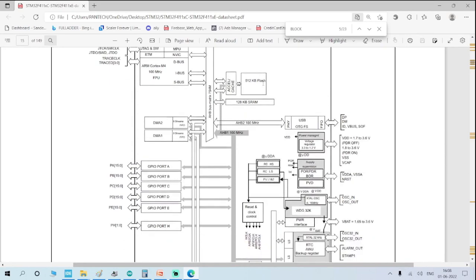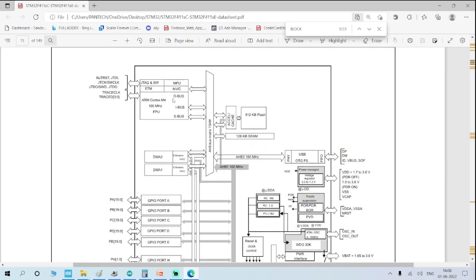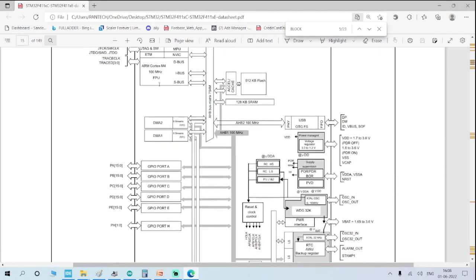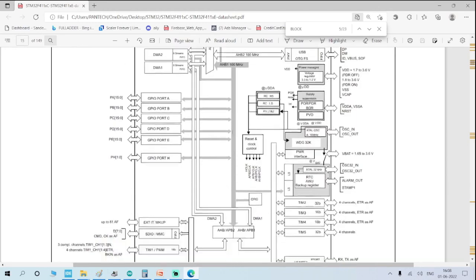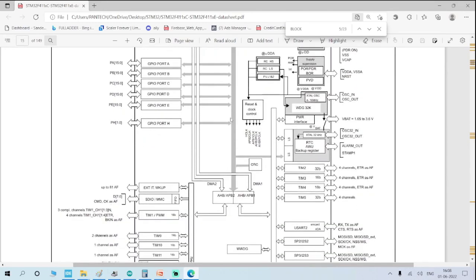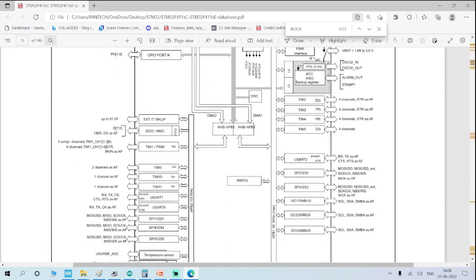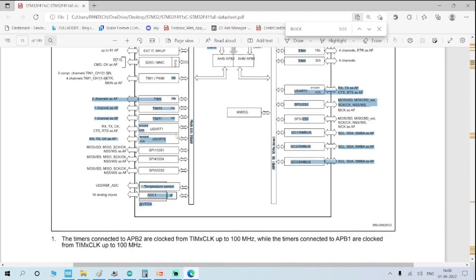You have the Cortex-M4 architecture here, the ALU unit, and the floating point unit, which is connected to the AHB bus matrix, which is connected to the APB1 bus. In today's class we are going to use USART2. There are also other USARTs like USART1 and USART6. I have chosen USART2 because we are using the Nucleo board